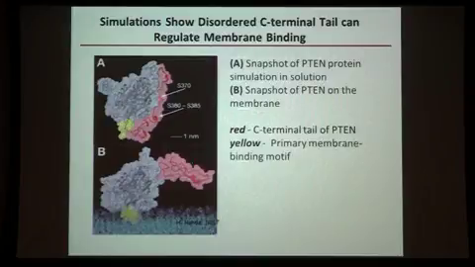So what his model eventually showed in terms of projecting this on the surface of the membrane is that in the case of this protein, if you look at the membrane-bound state, the primary membrane binding domain here is in yellow, and this C-terminus is actually away from it. So the C-terminus seems to swing away from this membrane binding interaction domain, whereas in solution, the simulation showed that this domain actually packed up against the protein and included this membrane binding domain. So the idea here is that the two different states of the proteins